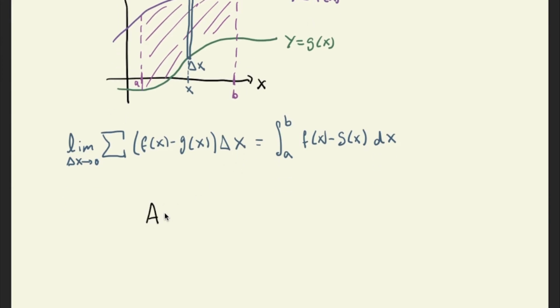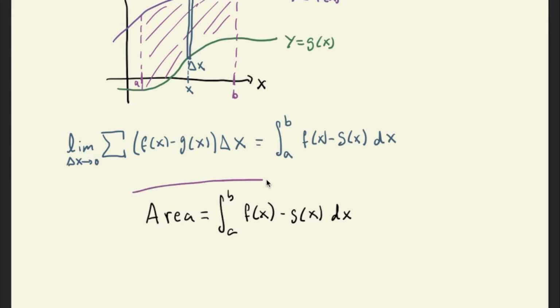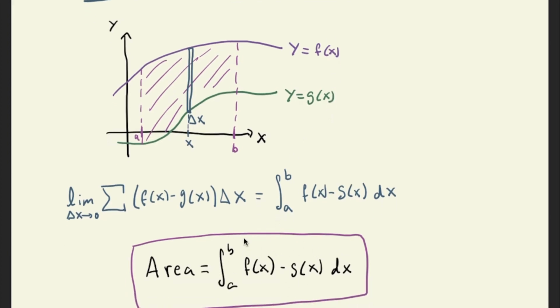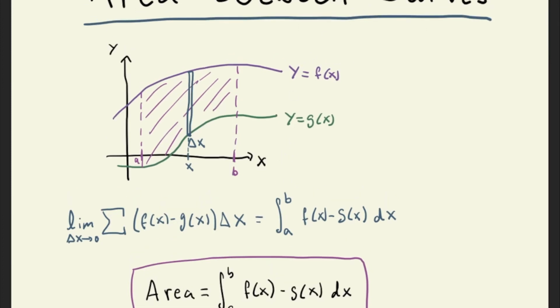So the area is equal to the integral from a to b of f of x minus g of x dx. Okay. But one important thing for this formula is that this picture has to remain accurate. So there are some hypotheses that need to be satisfied. Of course, f of x and g of x need to be integrable functions. You need to integrate. But also, it's important that for x in the interval that we're considering, in the interval AB,